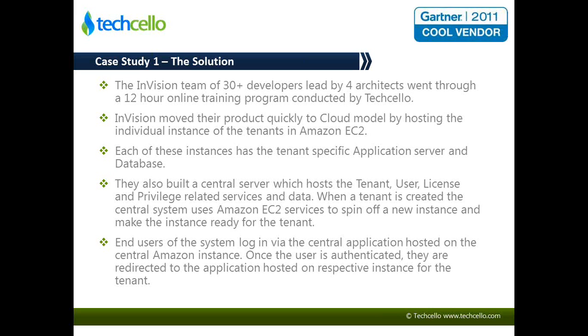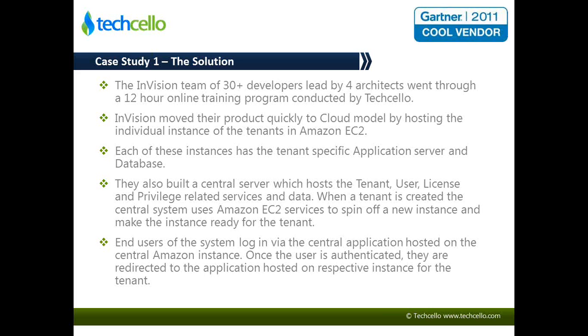They had close to 30 developers working on this project, and we helped them with an online training program to get used to the framework, because the developers were new to the multi-tenant part and wanted to know how to utilize the various APIs and modules. The training program helped them get up to speed, and they were able to quickly move